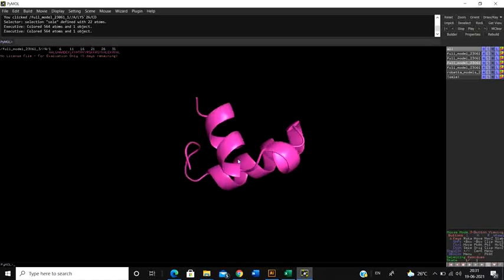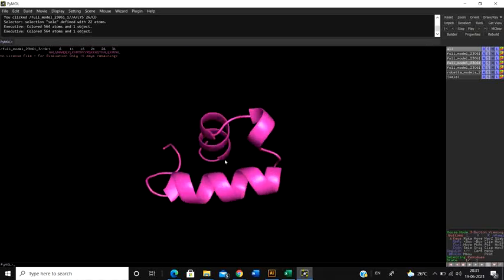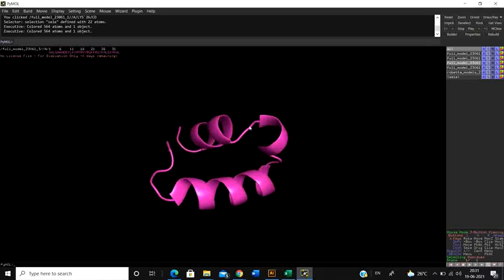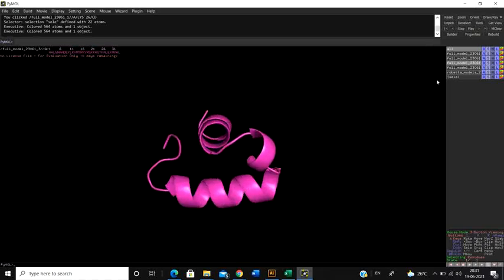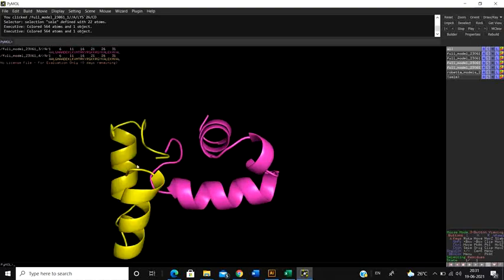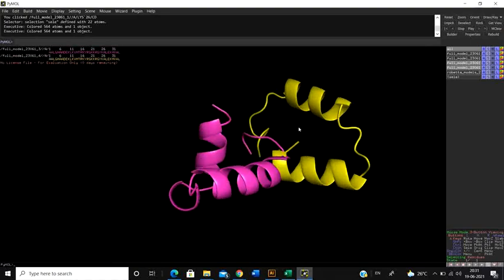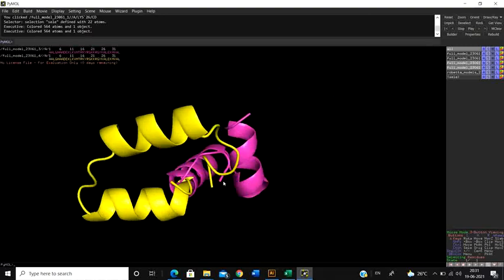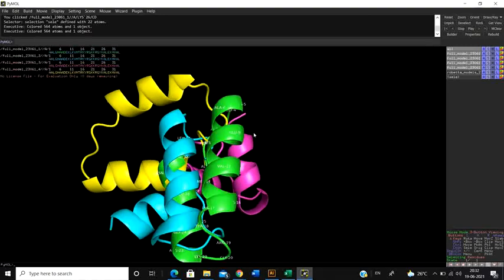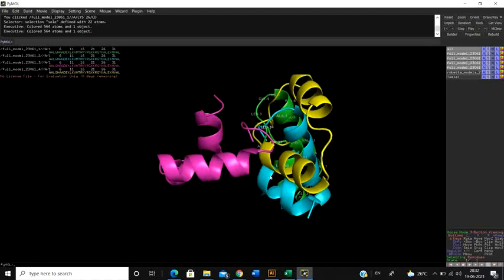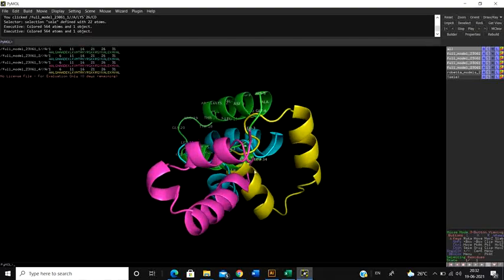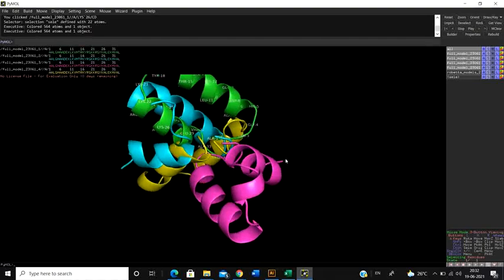It is also showing a 90 degree difference to one another. But this middle portion has a slight alpha helix tendency, which the rest of the models didn't have. The fourth model also had this kind of structure. It is a parallel structure, right? So now if I see all these 4 models, it becomes really difficult to understand because they are not aligned together. So we need to align them with one another.